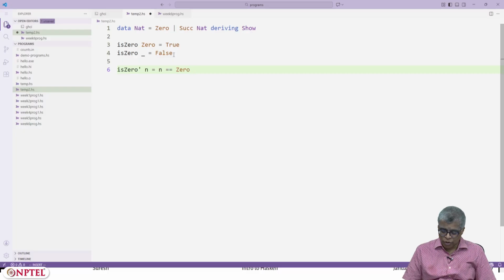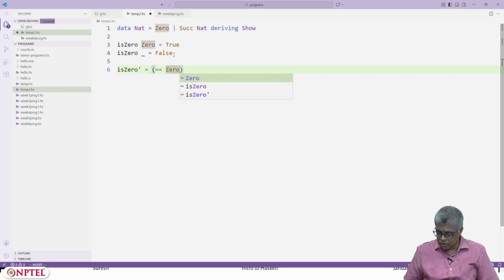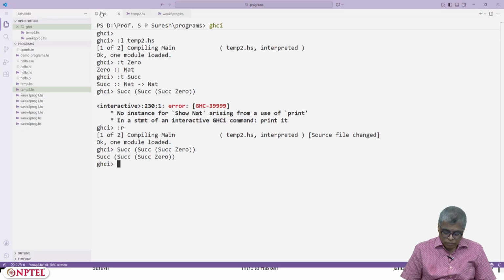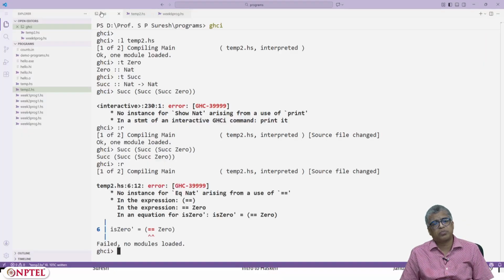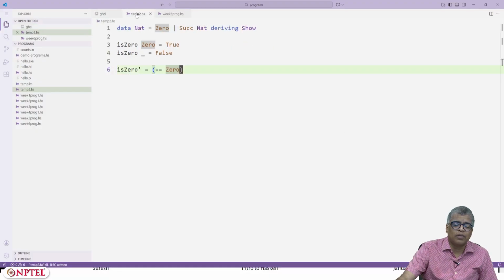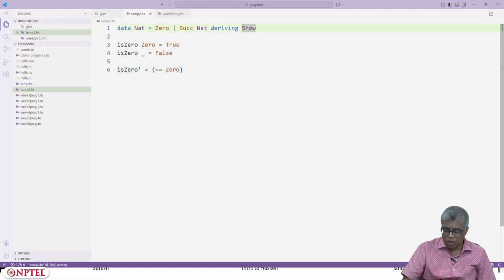Or if you want to use sectioning, is0' is nothing but asking whether your input is equal to 0. Let's try to load this new program in GHCi and you will get an error. Why? Because we are using the equal to symbol, and that cannot be used. The way to fix it would be to say not only deriving Show but also deriving Eq.